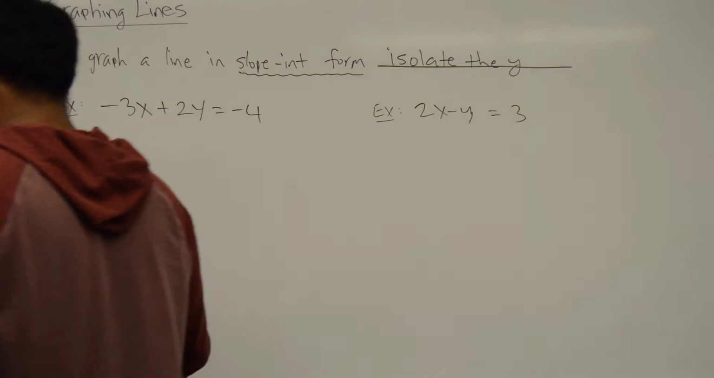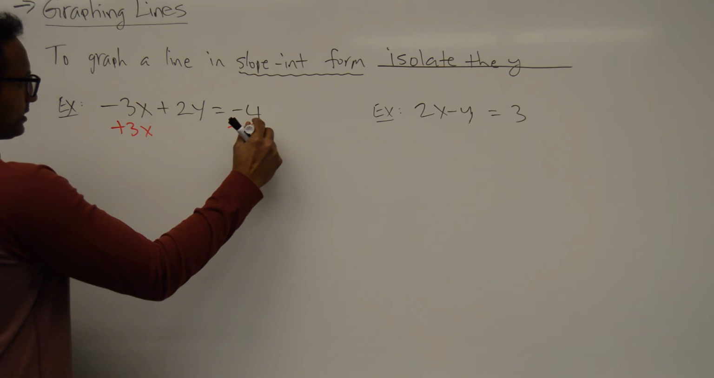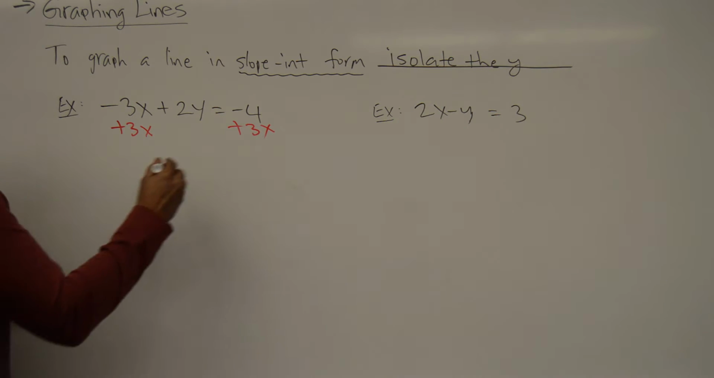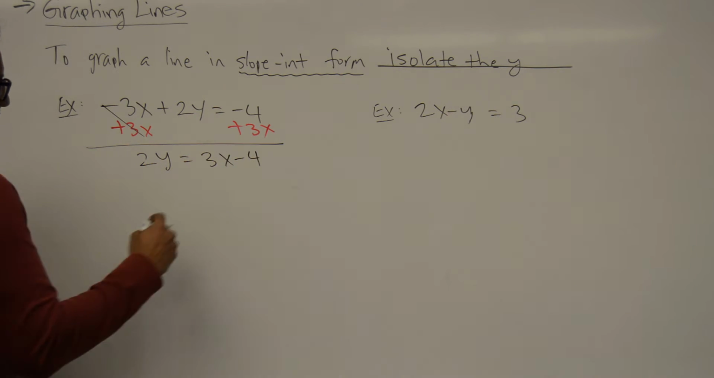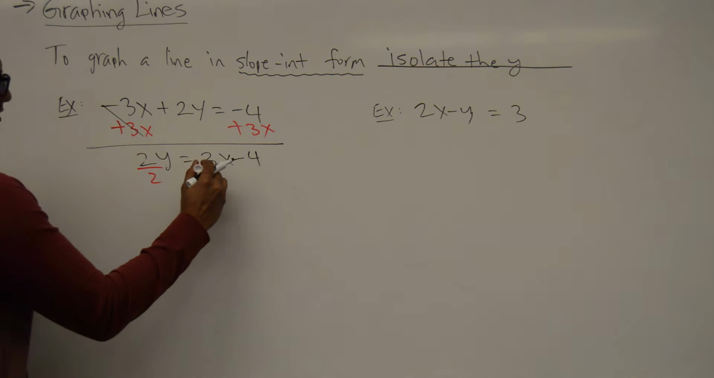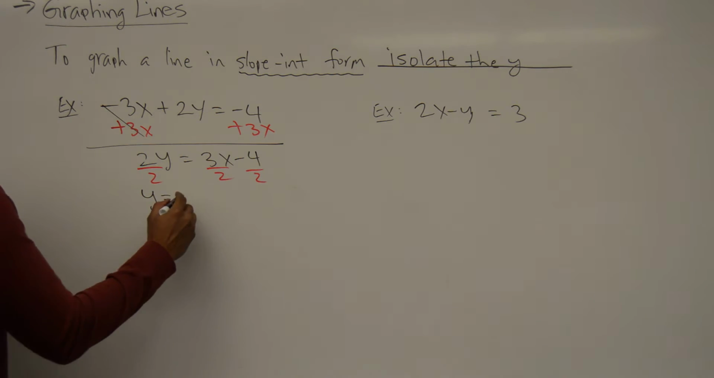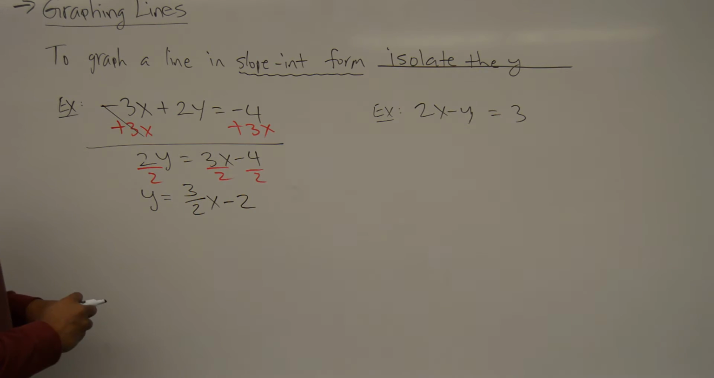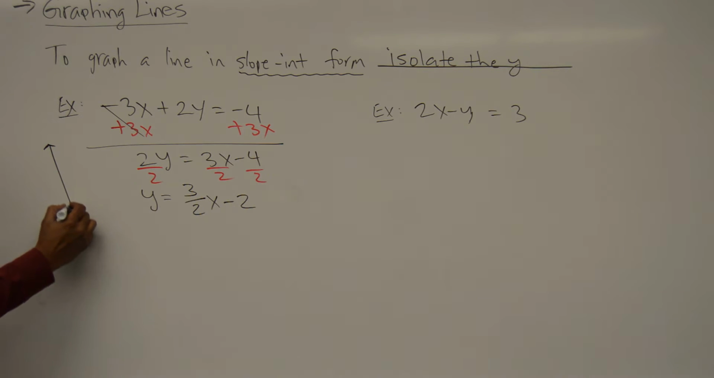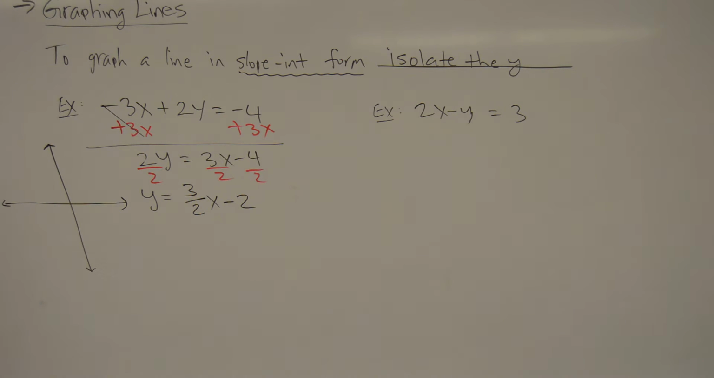So let's go ahead and do that. To solve for y, we're going to add 3x to each side. So this will give you 2y equals 3x minus 4. And then we're going to divide everything by 2. So we'll get y equals 3 over 2x minus 4 divided by 2 is 2. Okay, so we get y equals 3 over 2x minus 2. So we isolated the y. We're done with step 1. Step 2,